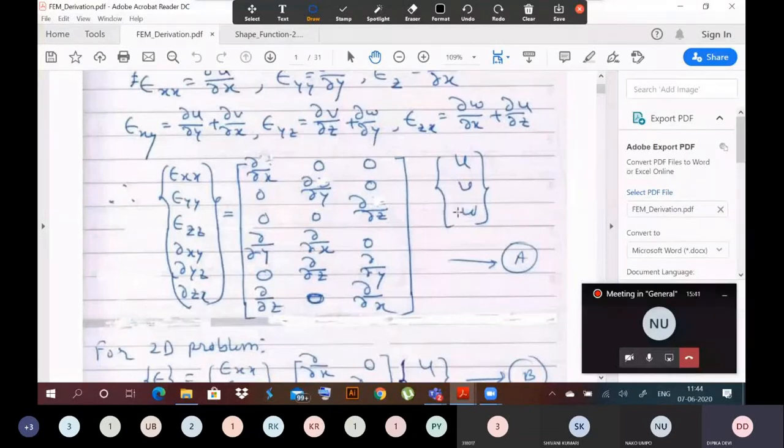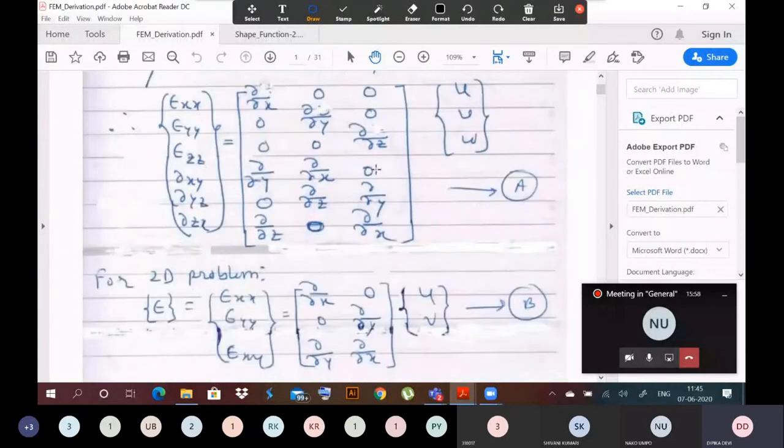Okay. So for a 2D problem, if we consider two-dimensional analysis, so here equation A is for three-dimensional analysis, but we will mostly concentrate on 2 dimension and 1 dimension. So for a 2D problem, epsilon will have 3 components. We will omit the z-axis. So we will have only epsilon xx, epsilon yy, and epsilon xy. The terms containing z will be 0, or they will be dependent on these particular strain components. Therefore, they can be omitted. So we will have only 3 independent components of strains in case of a 2D problem, which may be a plane strain problem or plane stress problem. That also I have discussed.